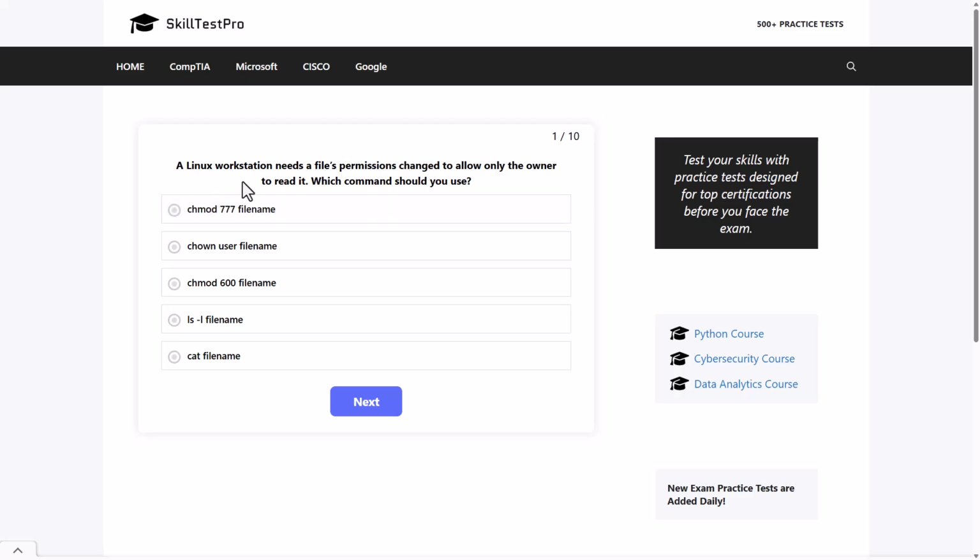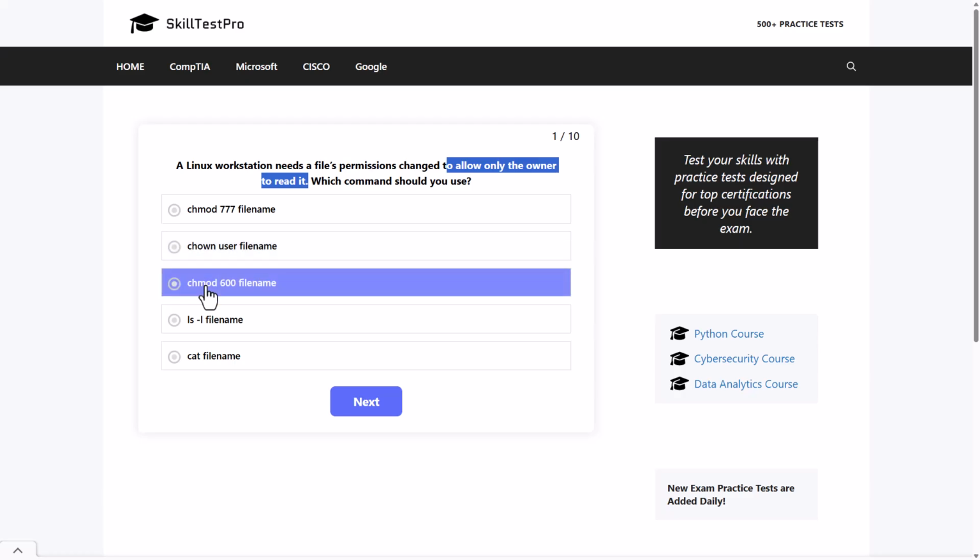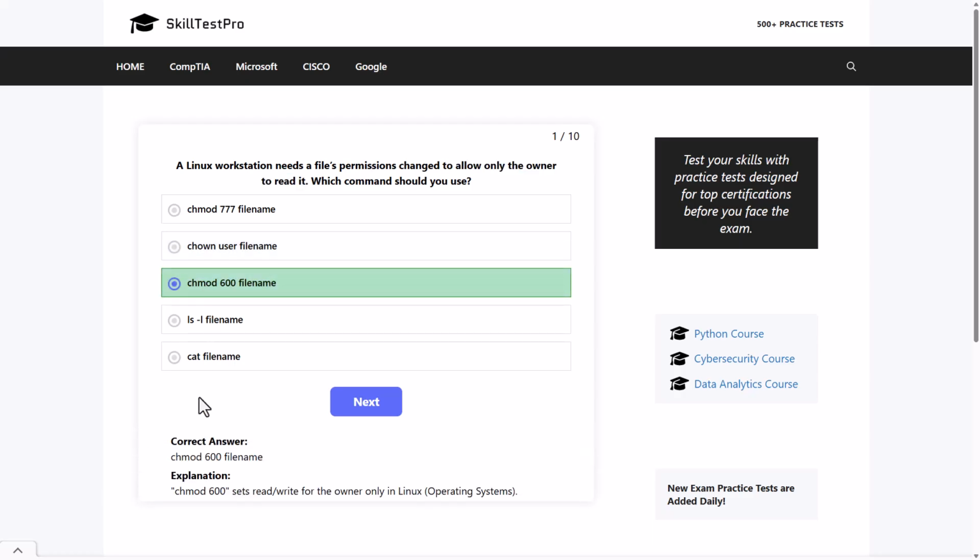And next question, a Linux workstation needs file permissions changed to allow only the owner to read it. Which command should you use? chmod 777 filename, chown user filename, chmod 600 filename, ls -l filename, or cat filename? Which one would be the correct answer? To allow only the owner to read the file. And here the correct answer is chmod 600 filename, as chmod 600 sets read-write for the owner only in